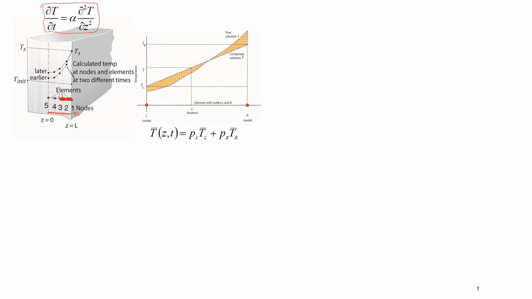So here, if we enlarge one element, then in every node we have a value, temperatures, and at this node we have this TR, and in between here we interpolate, okay, and this is my interpolation equation simply. And then